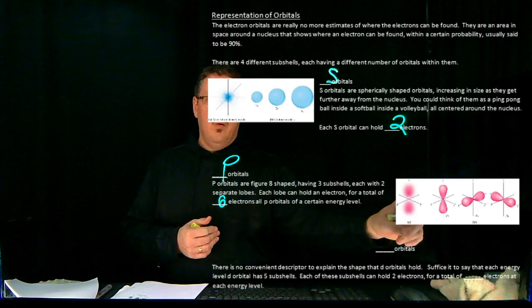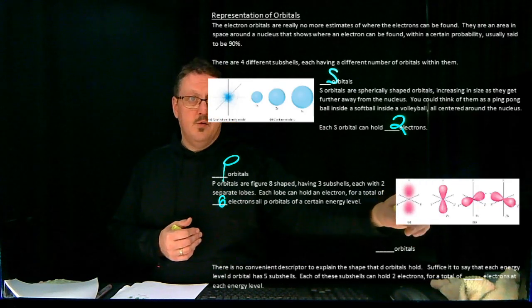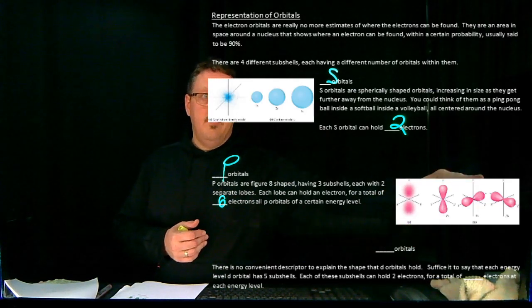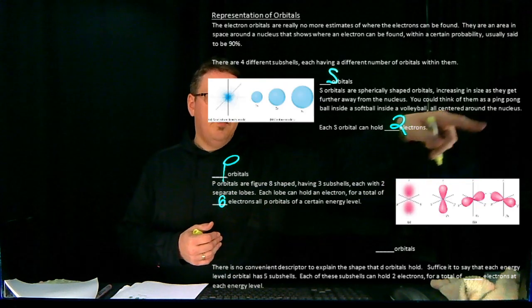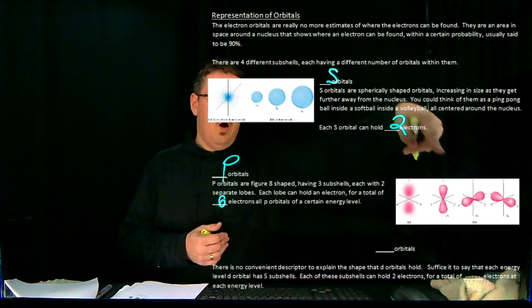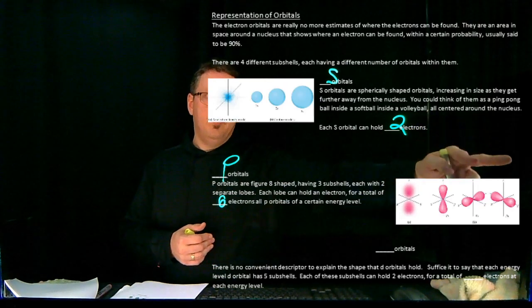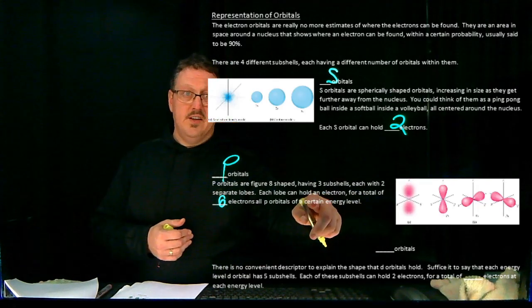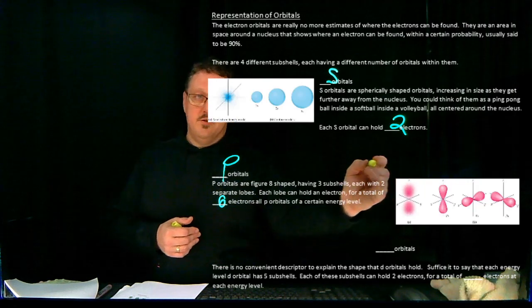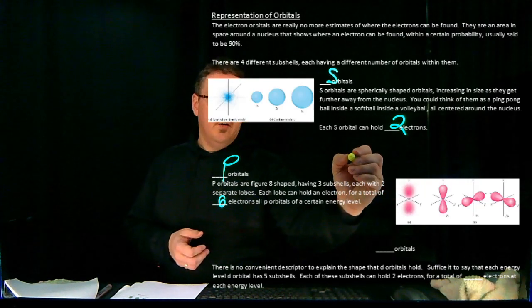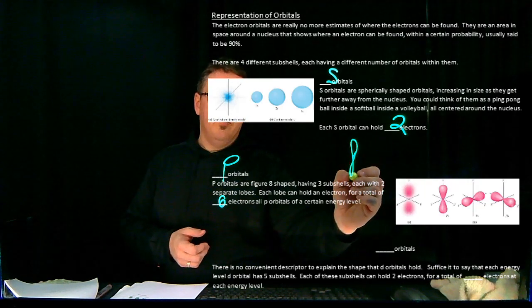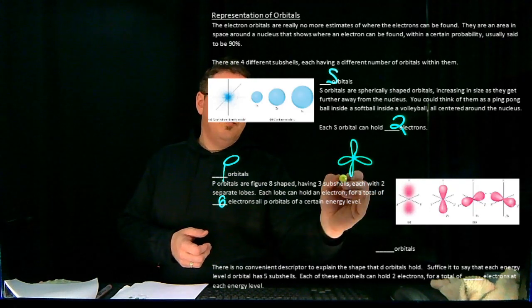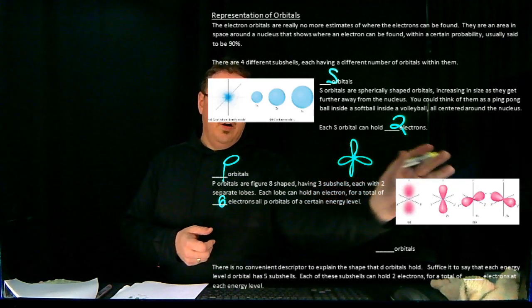And so why are there 3 of them? There's 3 figure 8s. So we've got a figure 8 vertically, we've got a figure 8 to the x, and then we've got a figure 8 to the y. Okay, so these 2 are 90 degrees apart, and this is 90 degrees apart from them. And so if you were to couple all of these together, and my drawing is going to be garbage because you guys know that's how I draw,